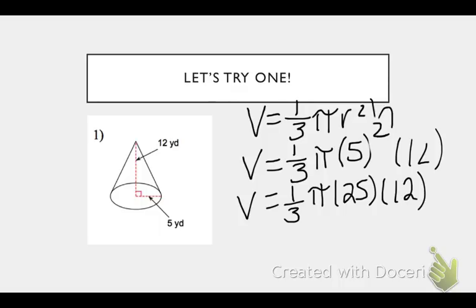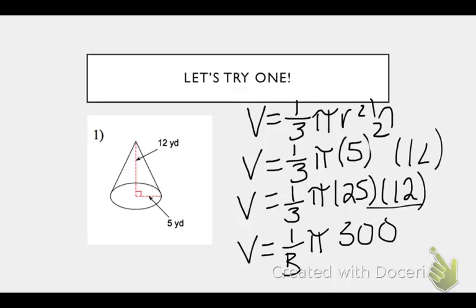So next I would multiply 25 and 12. So volume equals 1/3 pi, 25 times 12 is 300. Then to get my answer in terms of pi, I'm going to take 300 divided by 3. Or you could type in 1/3 times 300. You'll get the same thing. So in terms of pi, I'm going to write in the corner: volume equals, well, 300 divided by 3 is 100, equals 100 pi,